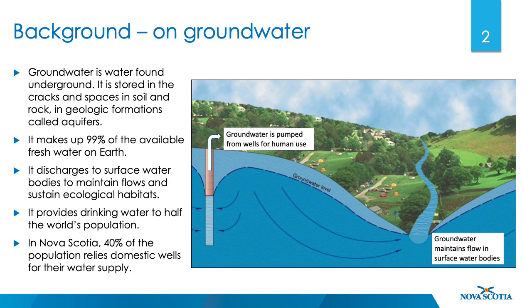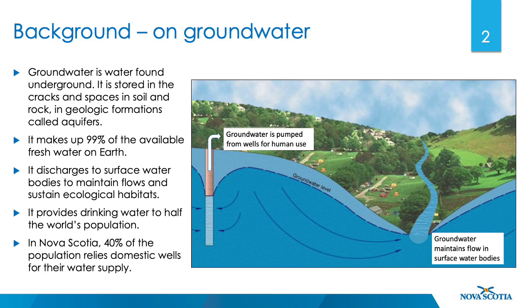Groundwater is water found under the ground. It's stored in cracks and spaces in soil and rock in geologic formations called aquifers. And because it exists under the ground, we can't see it, and so it's essentially an invisible resource. And that leads to a lot of misconceptions about groundwater, and it also leads to the importance of groundwater often being overlooked. One of the most common misconceptions about groundwater is that it exists in underground rivers and lakes,